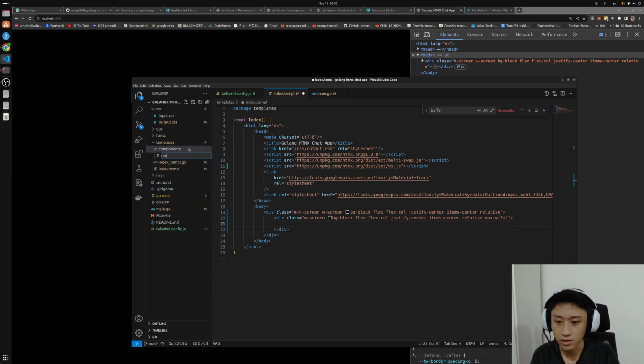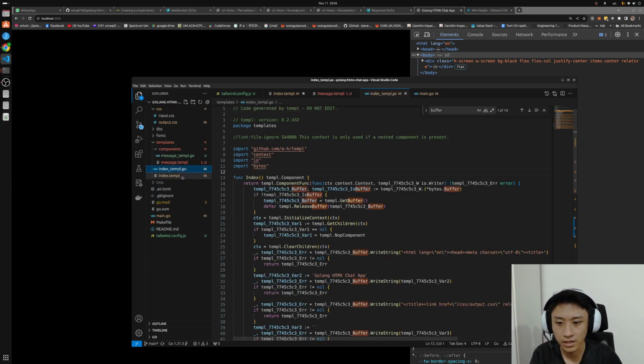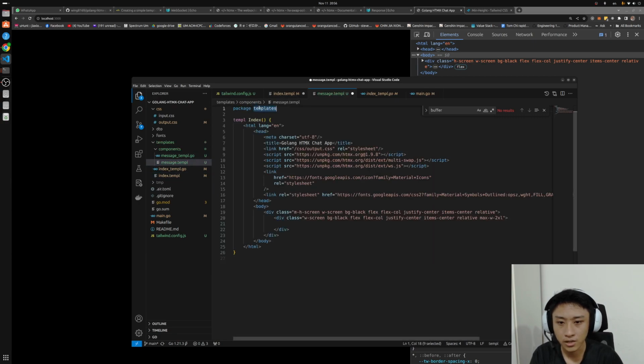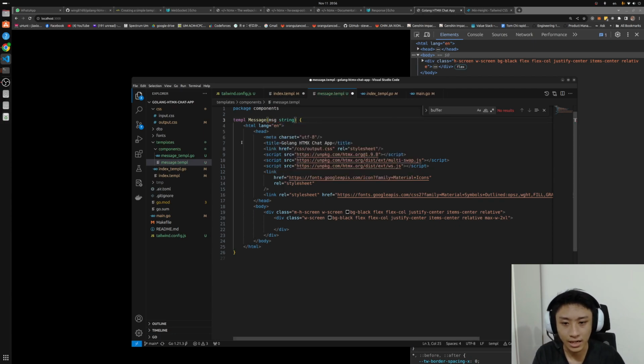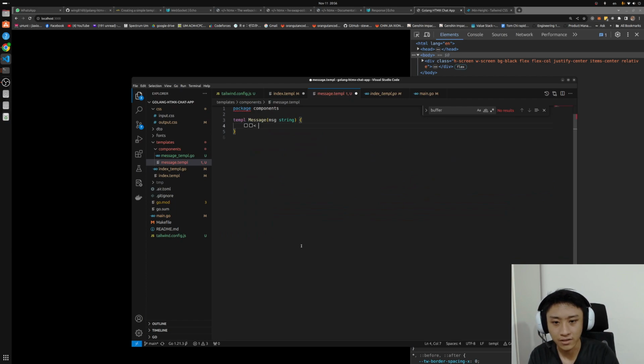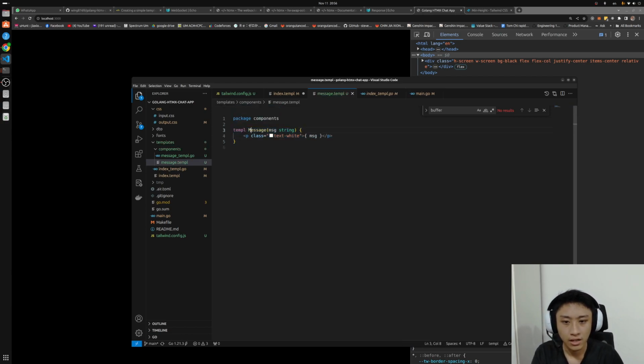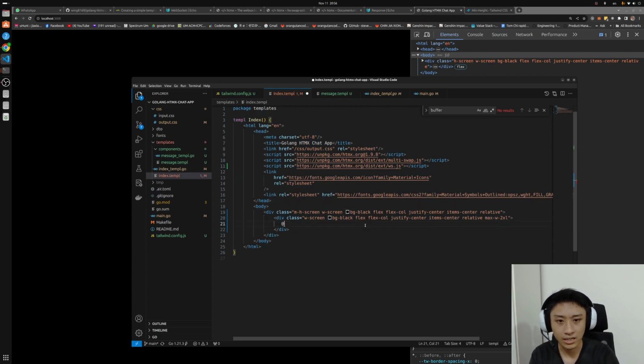And then from here, it's going to be a message.templ, and copy the entire thing. Package is components, and here will be our message. So this is the message div that I'm going to use later. Message is a string type, and it's going to be very simple. Just a p that inside has a class equal to text white color, and then the message in the p content. And our index.templ is going to add in a bunch of